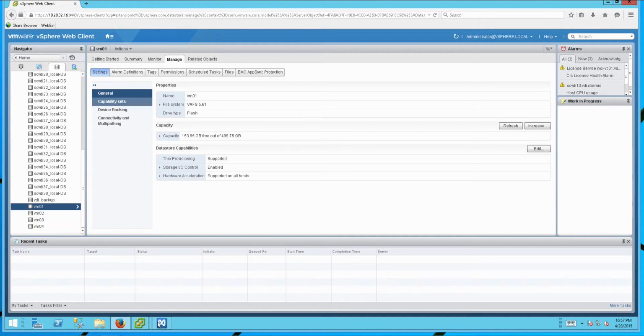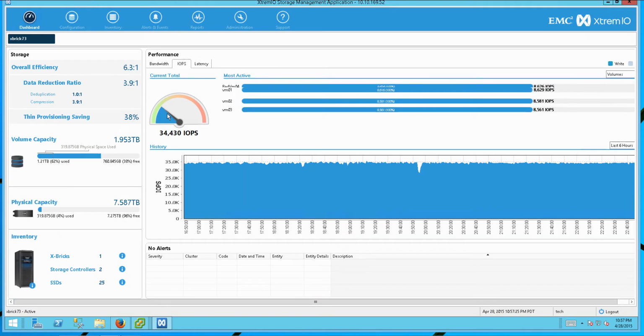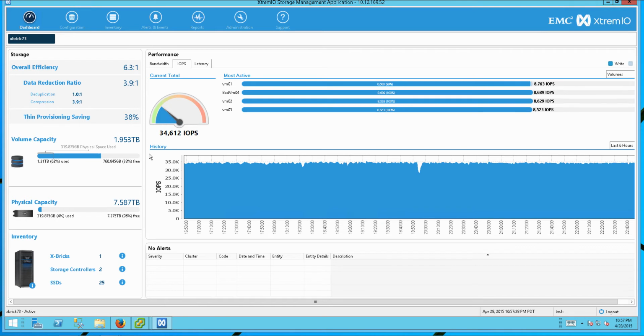So in my lab environment, I've got XtremIO running 4.0, but for all purposes, this feature works just as well with every other version of XtremIO, meaning 3.0 and even lower. And I've got 4 VMs, each one of them residing on a different data store just for the sake of the demo, but again, in real life, they can all reside in the same data store. It doesn't really matter. And they all generate some IOPS using IOmeter that I've installed in each one of them,